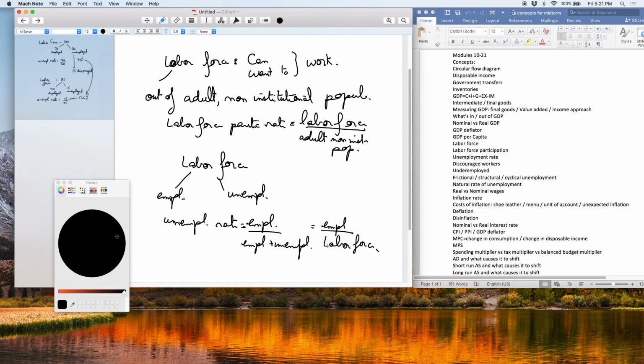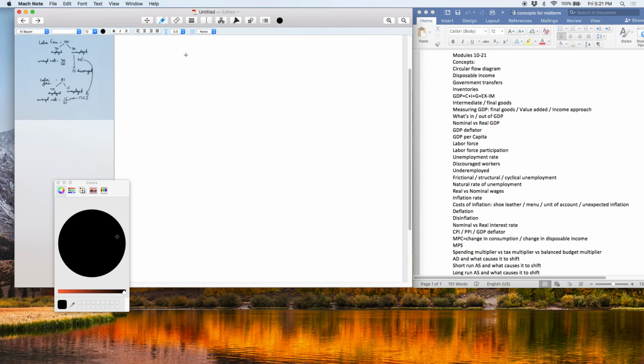All right. Now, let's keep moving. So, we said the labor force consists of people who can work, so they're not severely disabled, and they want to work. How do we gauge that? Well, we survey them and ask, do you have a job? If they say yes, then they're employed. If they say no, then we ask, have you looked for work in the last 4 weeks? If they've looked for work in the last 4 weeks and haven't found it, then they're unemployed. If they have not looked for work in the last 4 weeks, they're not even part of the labor force,